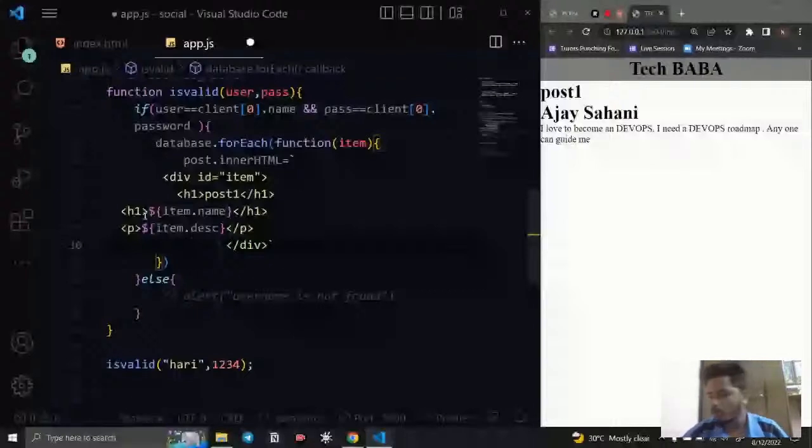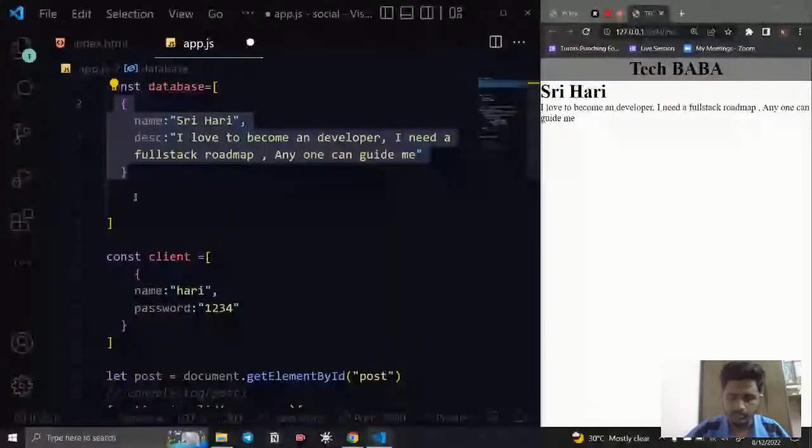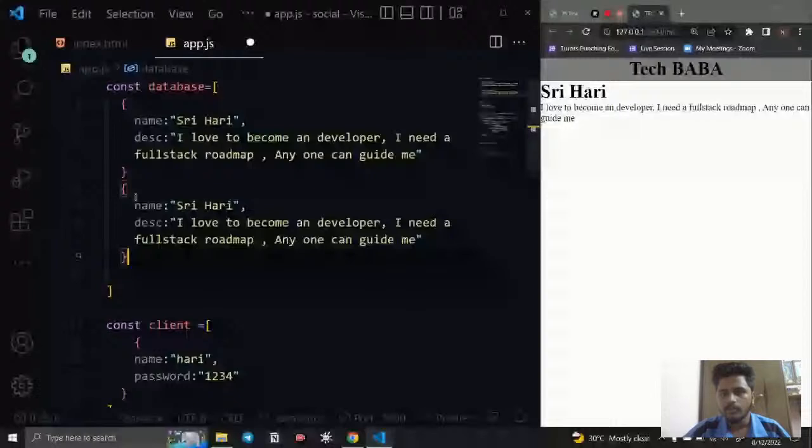So what happened for the post? Right now we're at index zero. If I remove this, we will put it again. So it will be displayed here, and after that it needs to display another div too, right? Another div is going to be here. So I'm going to copy this and paste it here, something like this. If I run this,